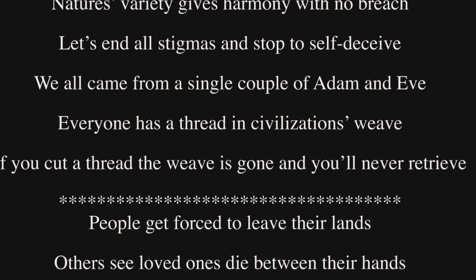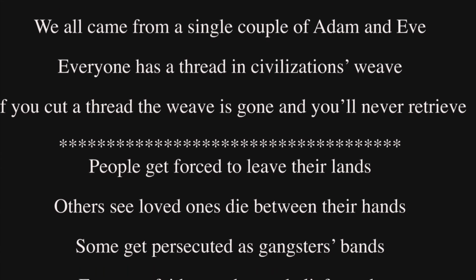People get forced to leave their lands. Others see loved ones die between their hands. Some get persecuted as gangsters' bands for race, faith, genders, or